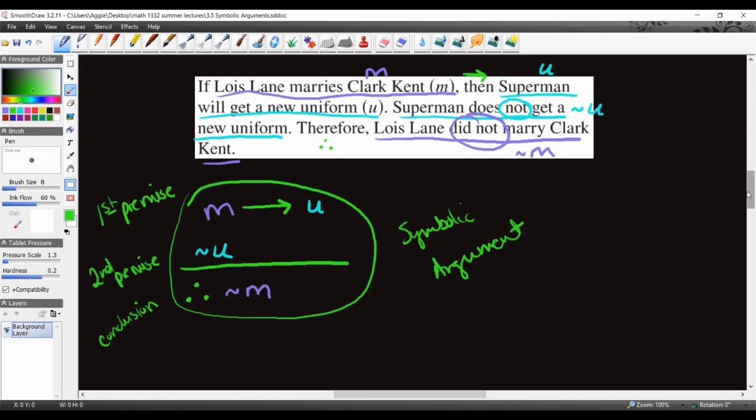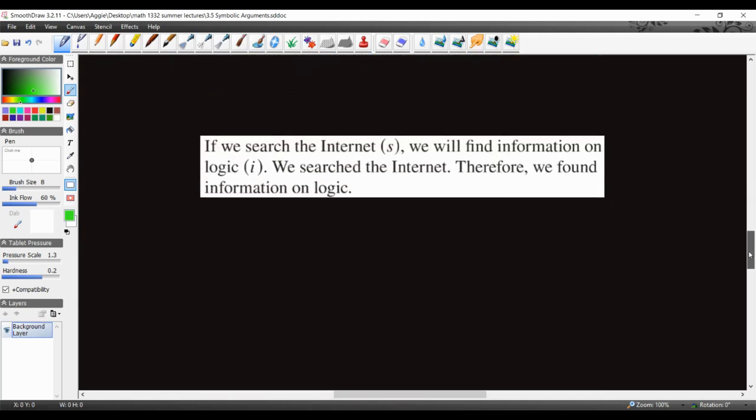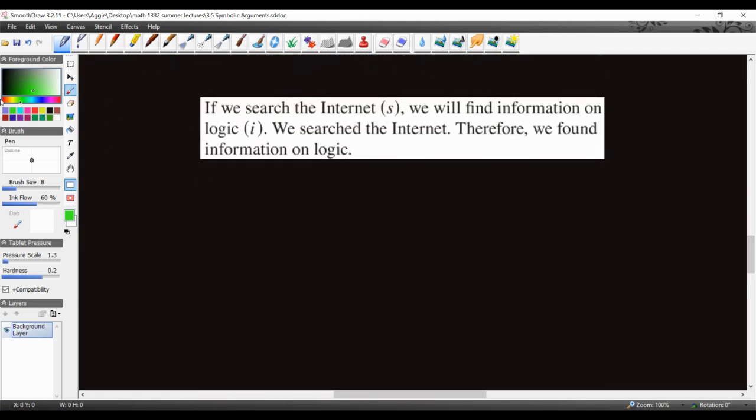Okay, I think we have one more of these. Yes, we do. If we search the internet, S. Okay, so I'm going to go right into it. This one I'm going to try not to color code. So S, okay,